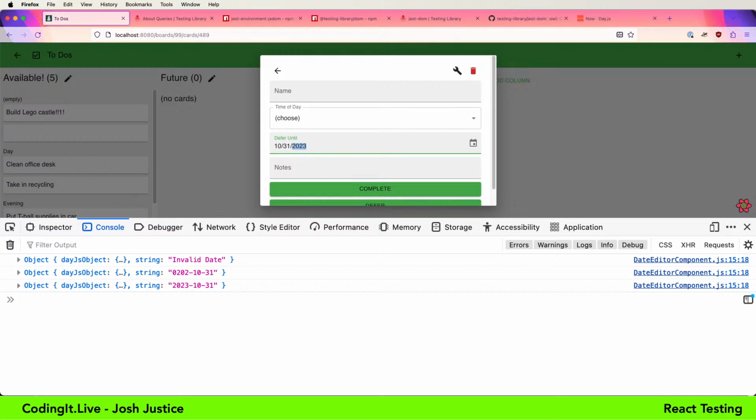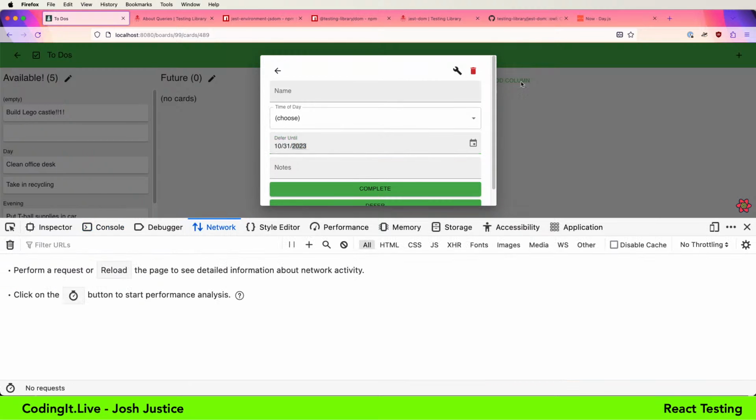I have a theory that that might be because day.js considers all invalid dates equal, maybe, and so once it's got one, as our typing continues to provide more invalid dates, it's not causing an issue. So yeah, this is interesting. Does the typing of invalid date cause an issue for my app? I wonder what it'll save to the server. So let's check this out all in integration together.